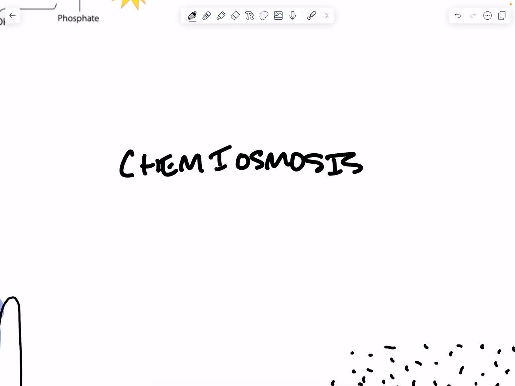Okay, the last form of cellular energy, the ways cells can store energy, is through chemiosmosis. And chemiosmosis is the movement of ions across a semi-permeable